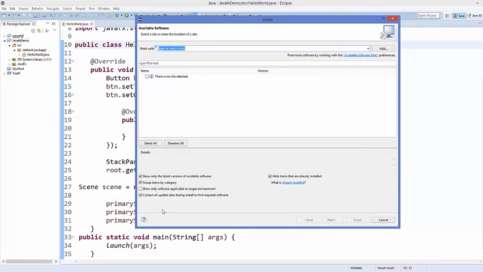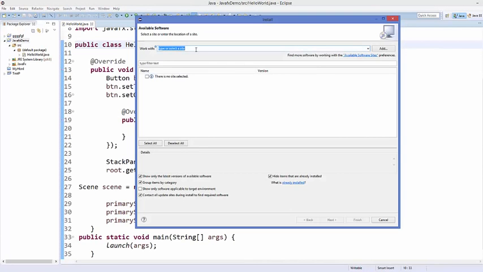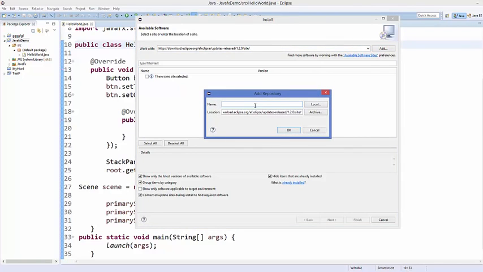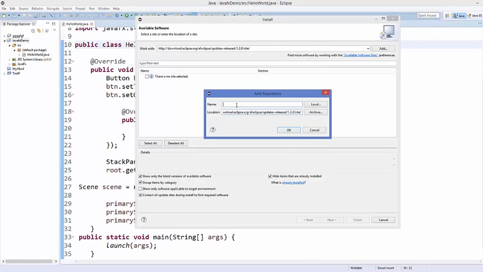And in here, I will give you a link in the description, and you need to copy this link and paste it in here where you see Work with. Okay, so paste this link there, and then just click Add, and you need to give a name to your repository. So give a name like this, e(fx) Eclipse. Okay, so just copy the link from the description and then give this name to your repository and click OK,